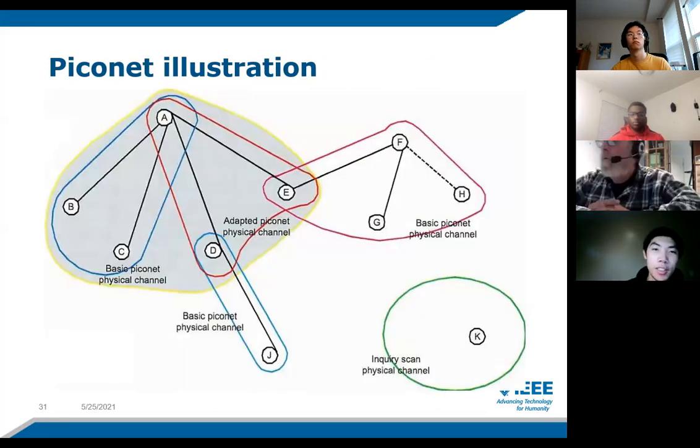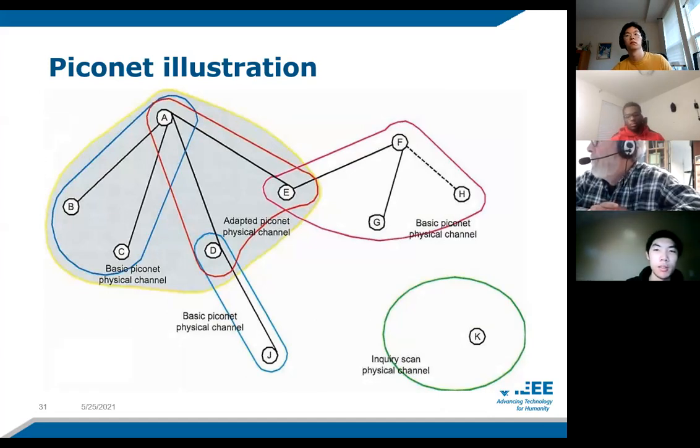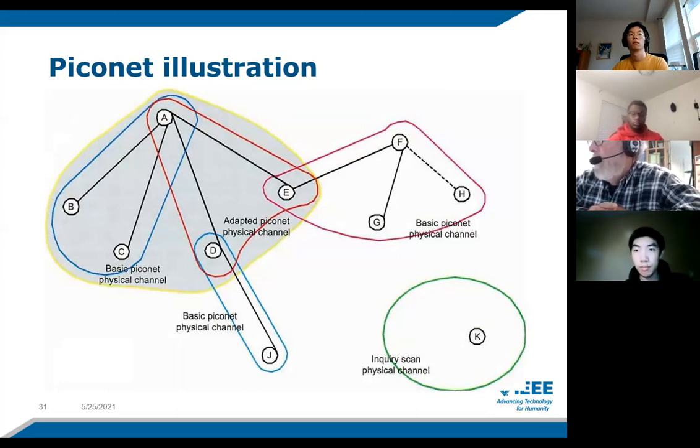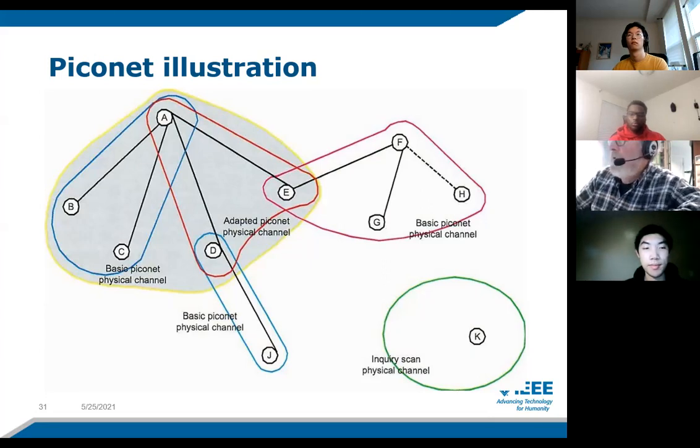About the figure. So device E in the middle over there, it can decide either to go to the piconet around F or that piconet around A. Yep. Actually, if it aligns its timing, it can participate in both piconets. Does that answer your question? Yes. But it'll be bouncing back and forth.